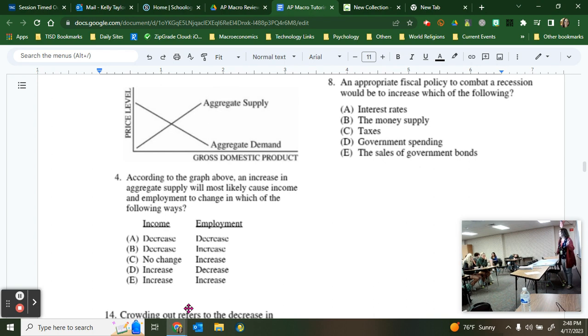Okay. Staying up here, let's go to this question number 8. All right. It says, which appropriate fiscal policy to combat a recession? Well, it would be to increase which of the following? Who in here draws little up arrows next to all of your answer choices? You should have up arrows on all of your answer choices so you remember the direction that they're going. If you have not done that, do that now. Add little up arrows to A, B, C, D, and E. So where it says increase interest rates, increase money supply, increase taxes, increase government spending, and increase the sale